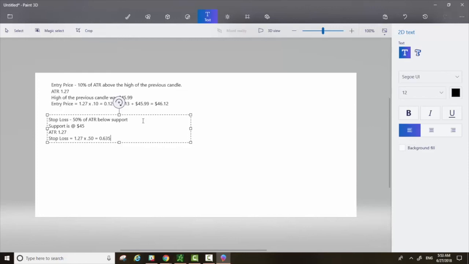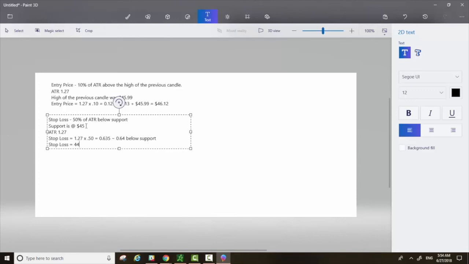We're doing this with a butcher knife. Okay. So multiply. Just checking that. So 63.5. For argument's sake, we're going to go with 64 cents below support. Okay, so the way we do this is approximately 64 cents below support. And the way we figure that out is, well, we've got 45 minus 0.64, pretty simple. So our stop loss is going to end up